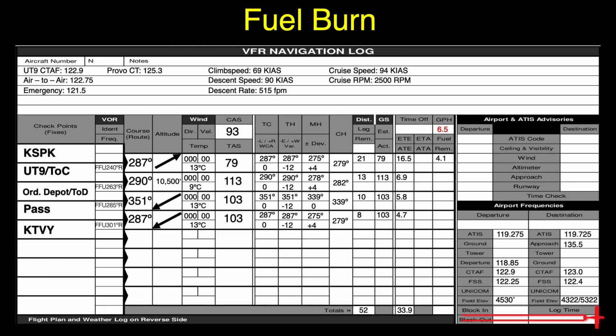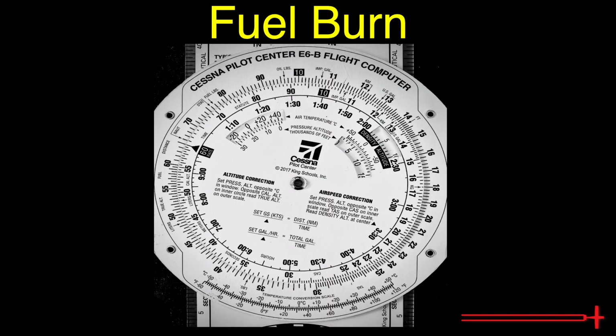Next, we must find the fuel burn for each individual leg. To do this, we'll whip out our handy-dandy E6B flight computer and follow these instructions outlined in red. I've provided a link in the description for anyone who does not yet own an E6B. We'll align the indicator with our expected gallons per hour of fuel burn. Once that's done, find time on the inner circle and fuel burn for that leg on the outer circle just